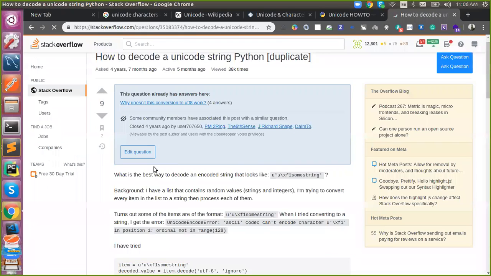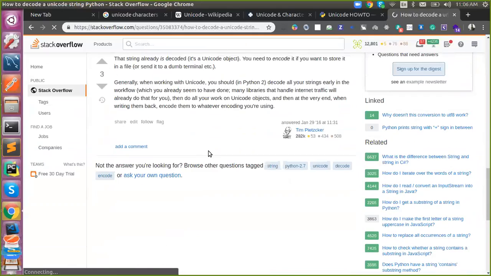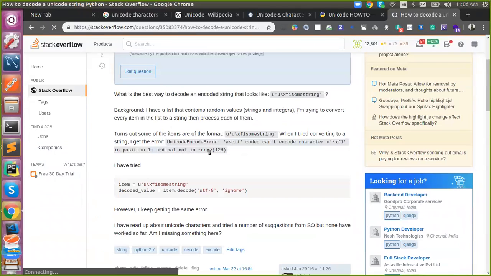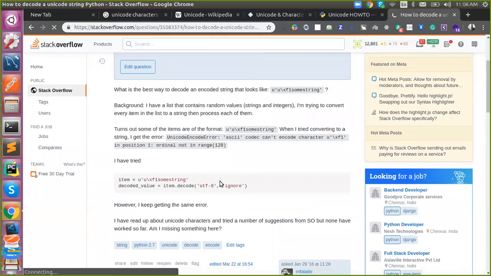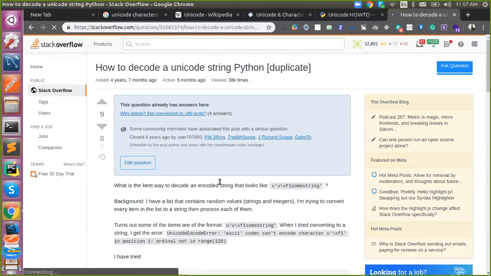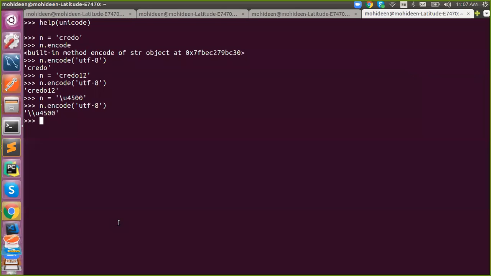I'm looking for a better example of predefined Unicode. Let's try it.